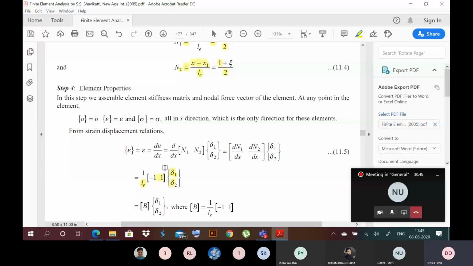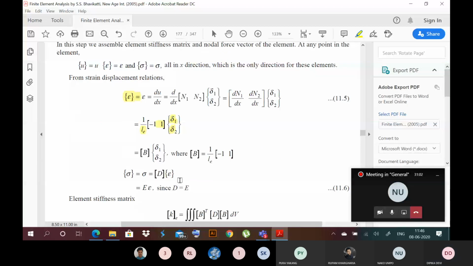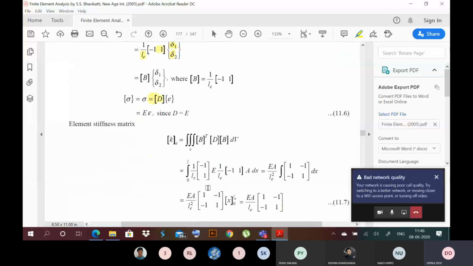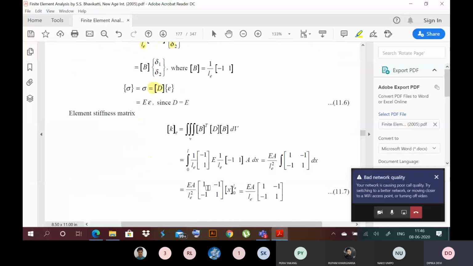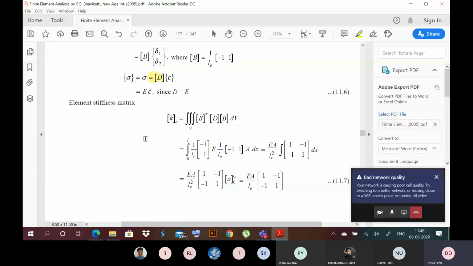Similarly, we can relate stress with strain by using the constitutive matrix. Here, in place of C, they have used D. In case of 1D, this constitutive matrix has only one element, that is E. I have already explained. Next we have to find the expression for K_e. When you are asked to solve a problem, it is not necessary to do the derivation. You don't do the derivation. Directly you can use the element stiffness matrix, which we have already derived in the last class. So K is equal to AE by L times [1 minus 1; minus 1 1].